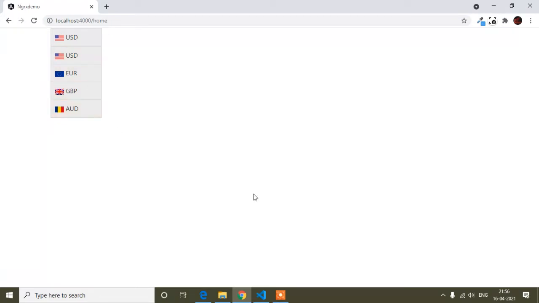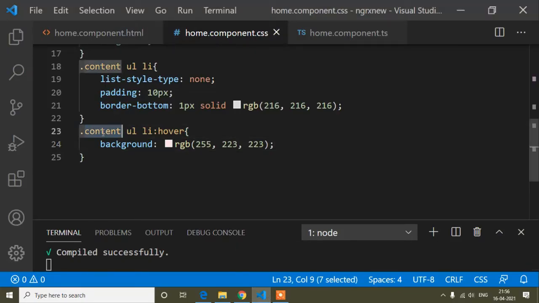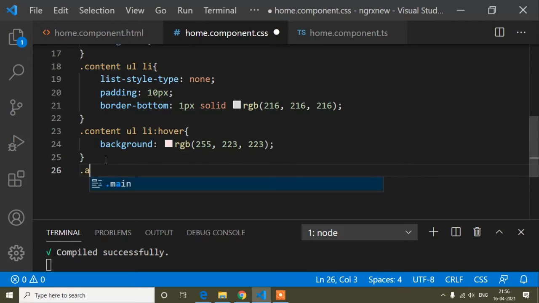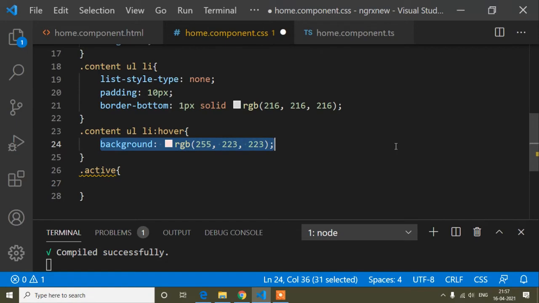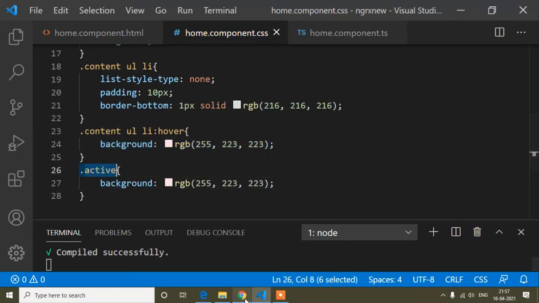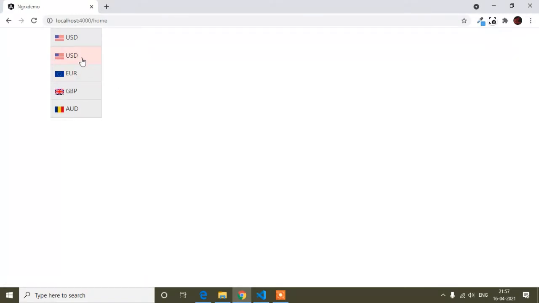it adds some red color. And now guys, here I will add another class, that is dot active. First of all I will add the same color, and then I will show why it is active. Active means, guys, when I click any li tag, at that time this red color will be active. Suppose I click this euro li tag, at that time the active class will be added here.